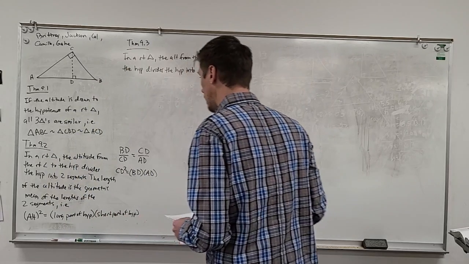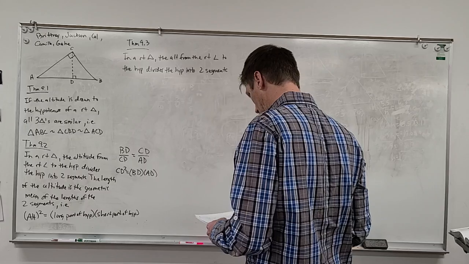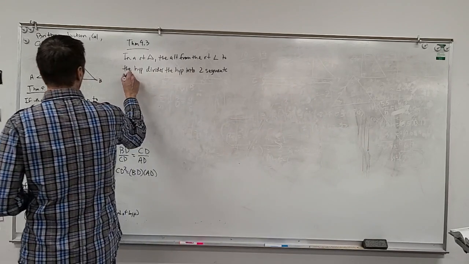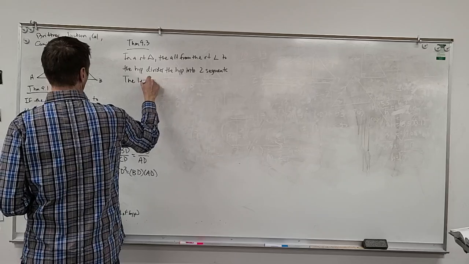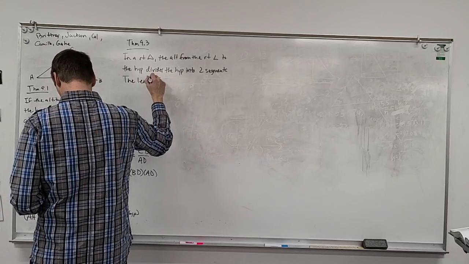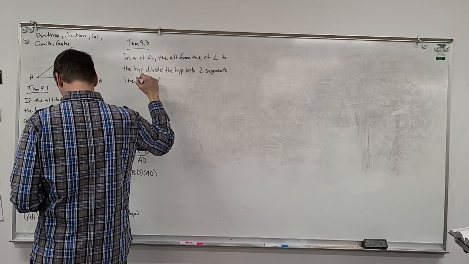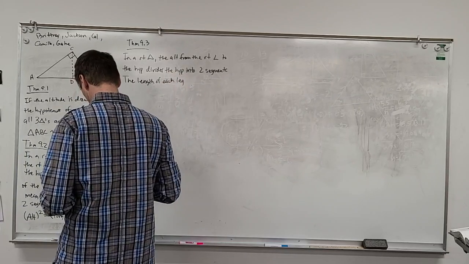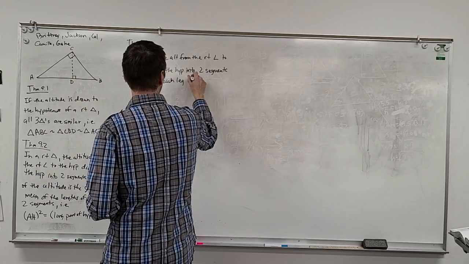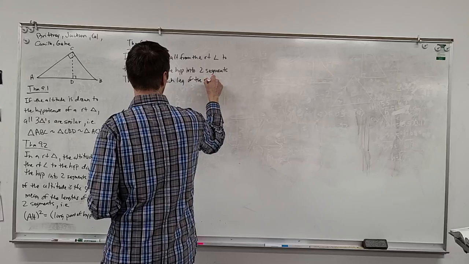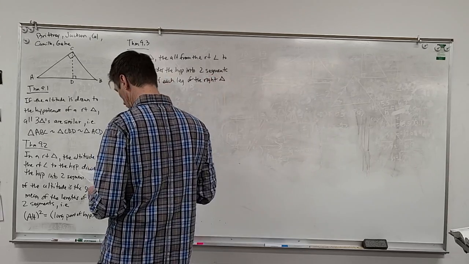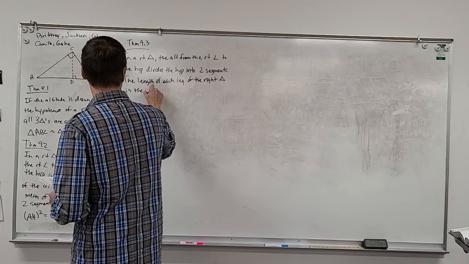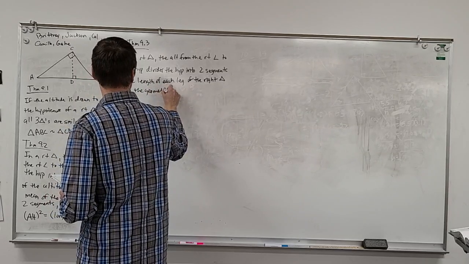That's the same thing that we said in the last problem. The length, here's where we use the term leg, the length of each leg of the right triangle is the geometric mean